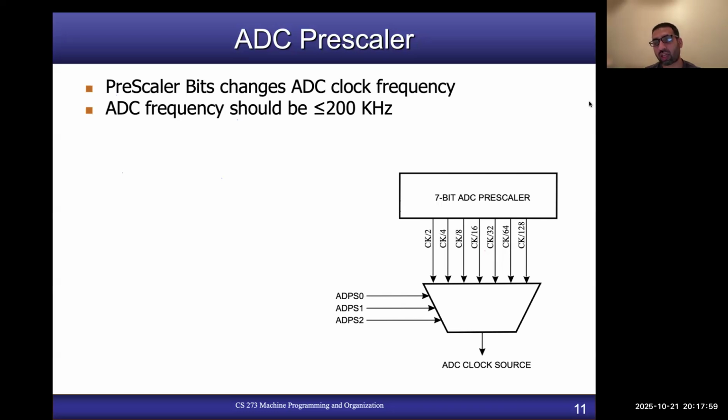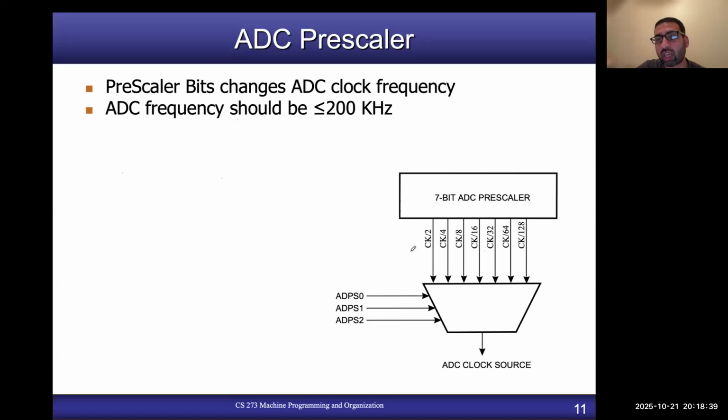200 kilohertz. For example, if your microcontroller is running at 2 megahertz, then you cannot supply that 2 megahertz clock frequency directly to the ADC. Why? Because ADC can run only on frequencies lower than or equal to 200 kilohertz, right? So there is an option that you can divide the frequency of the microcontroller by a denominator, and then provide the resultant frequency as input to the